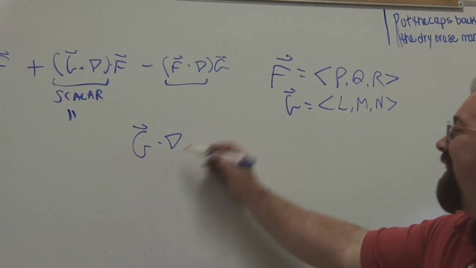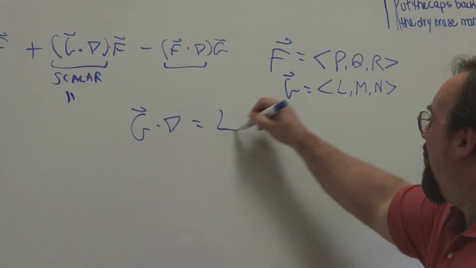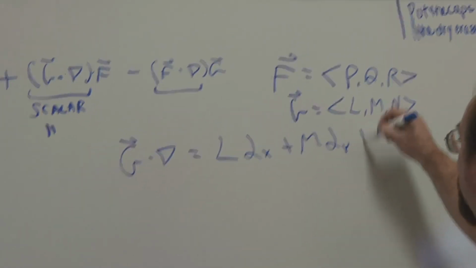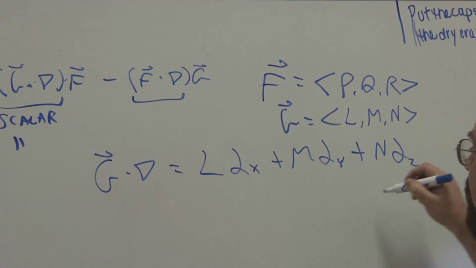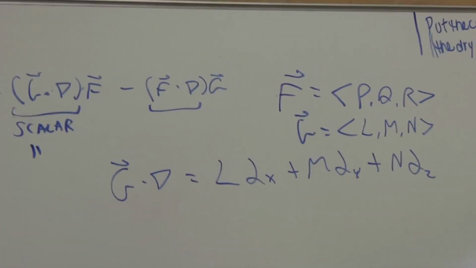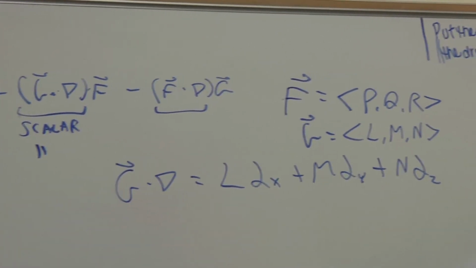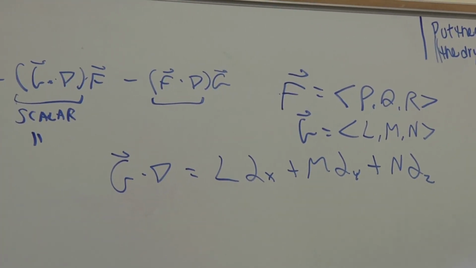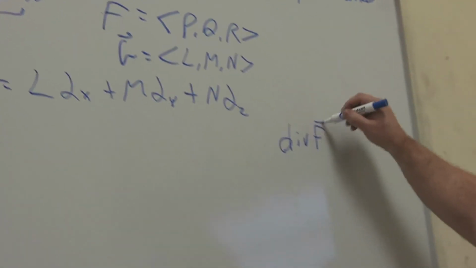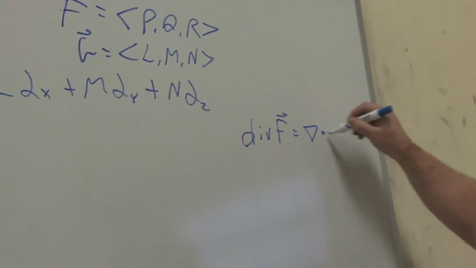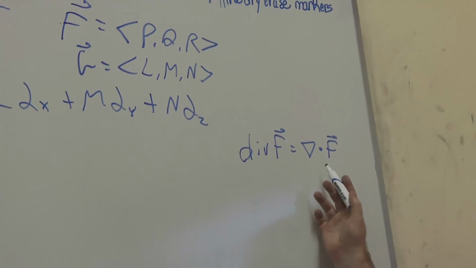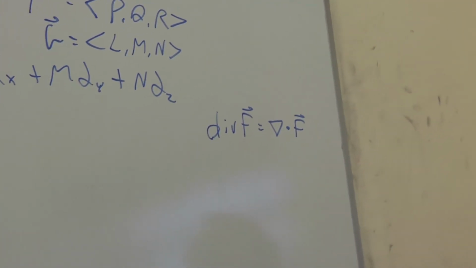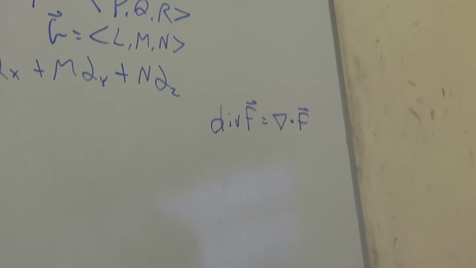So G dot del is going to be equal to L differentiated with respect to x plus M differentiated with respect to y plus N differentiated with respect to z. Wait, isn't that the divergence? Because it's the dot product of L and N. The divergence of F is del dot F. But notice it's reversed here. Yeah. Shoot. You still got it to be equal though? Well, because I made it that. Okay, well,